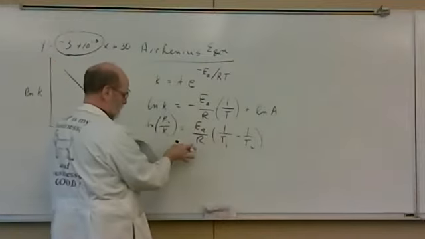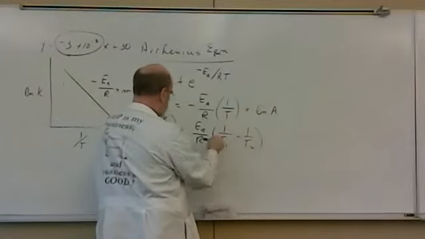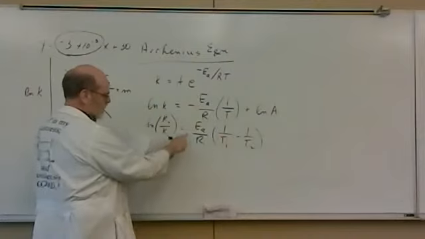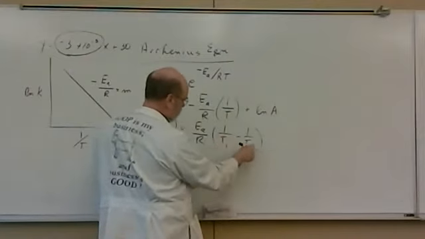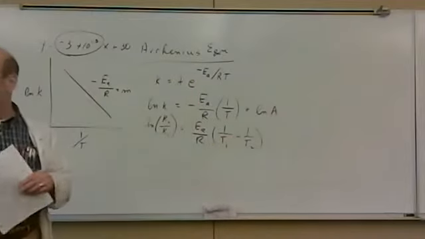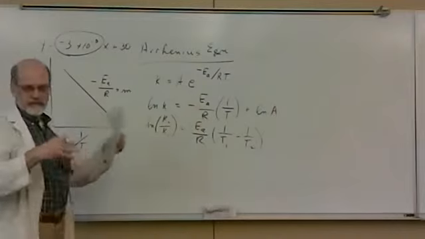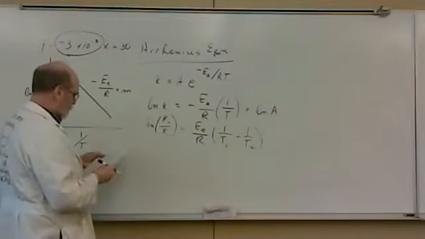That's why this is somewhat more useful if you know 2 Ks at 2 different temperatures. And the reason the negative went out is because instead of subtracting 1 from 2, we subtract 2 from 1. And that takes that minus out. It's a bit of mathematical legerdemain. Okay, so